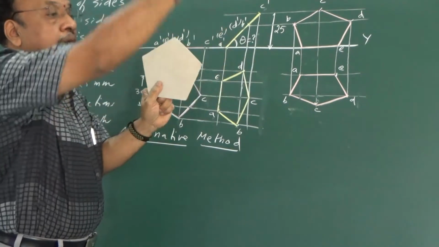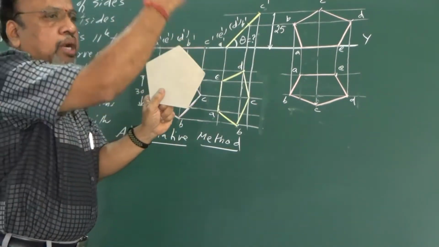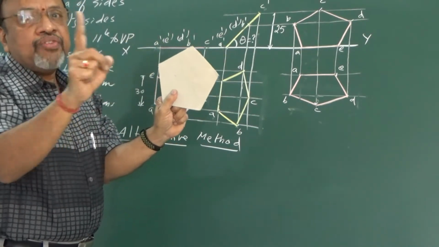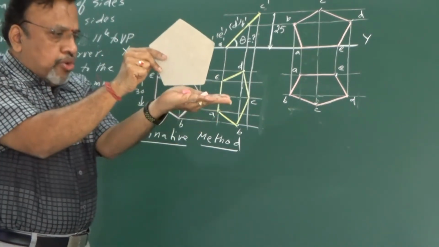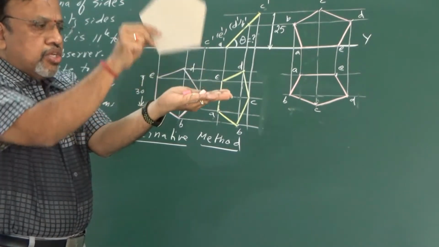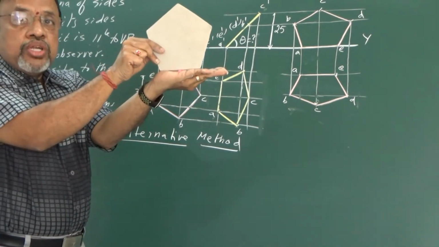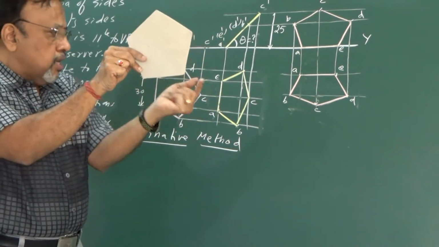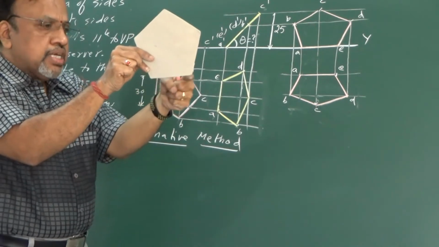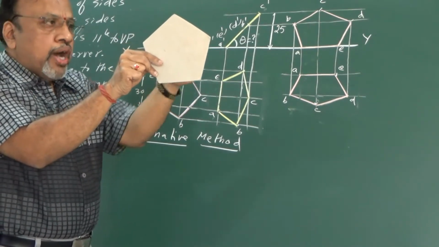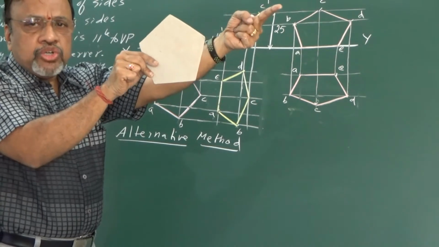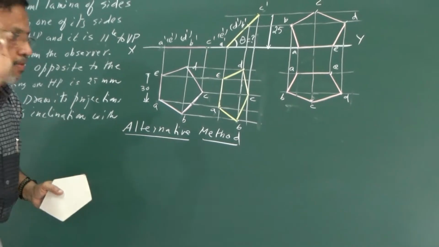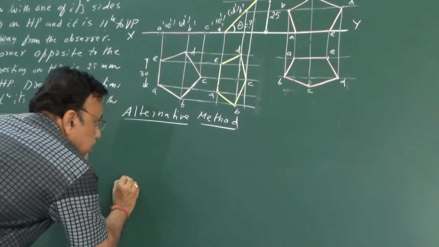I am going to consider the right profile plane. Of course, on the right profile plane, we know that in first angle projection that is actually the left side view. But anyway, I am just going to consider it in this first figure. Not only that, I said that this particular side is parallel, but I can draw this below the XY line such that it will be seen as a line, both in the top view as well as in the side view. Let us do this, and also I will tell you what problems students generally face. Anyway, let me draw this XY line.